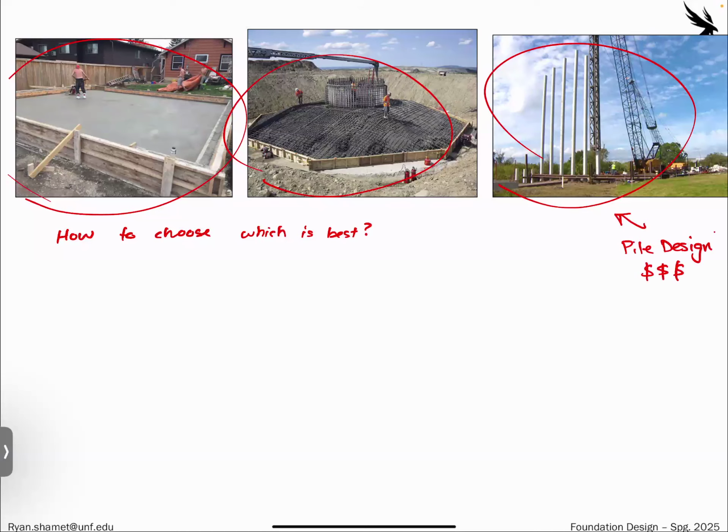Usually this is going to be the most expensive one, but the least amount of footprint. And we'll talk about the different soil conditions that might warrant this, the type of loading conditions that might warrant this. In this case, like these large raft foundations,